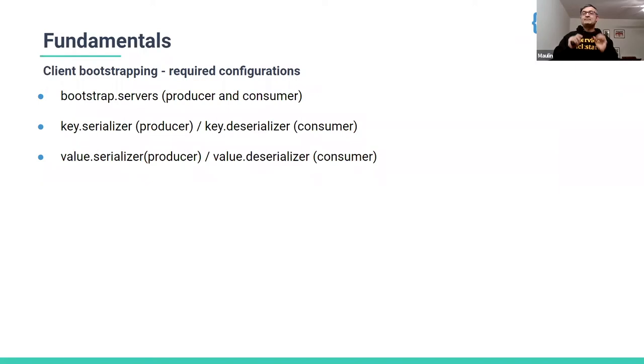So it will get all that metadata in that call. And from that point on, whatever you have in bootstrap servers doesn't matter much until you restart the application again, because from that point on, it has established connections to every single broker.